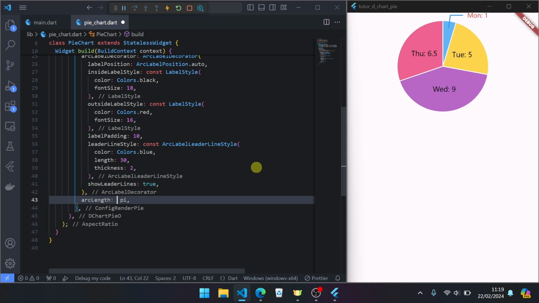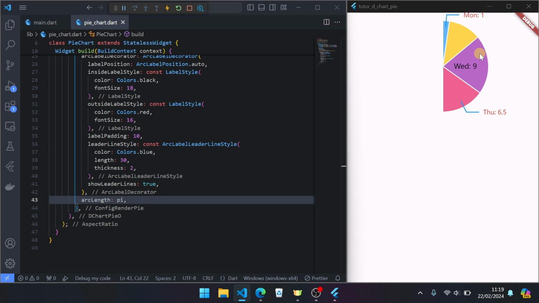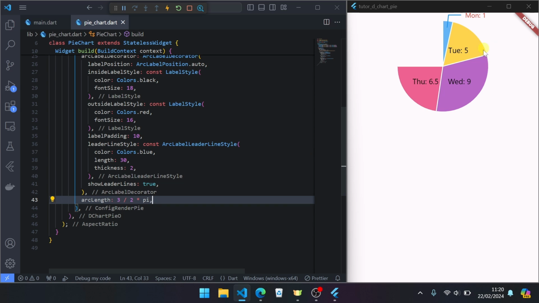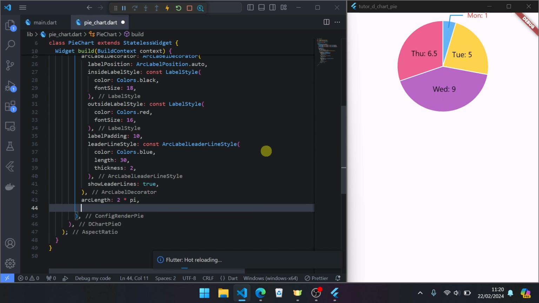If you set only π, it will be half. If you set half times π, it will be a quarter. And if you set 3 divided by 2 times π, it will be three quarters. Okay, go back to default.